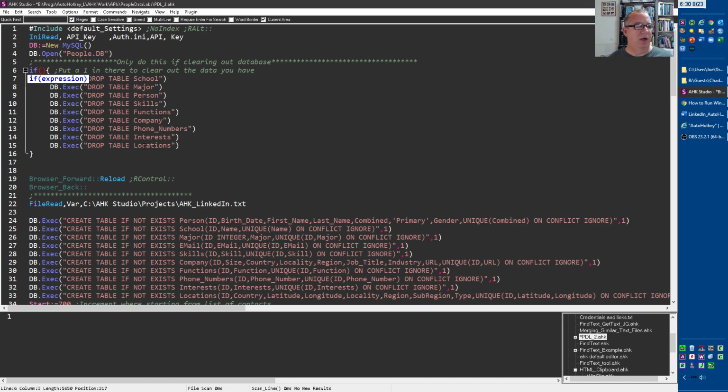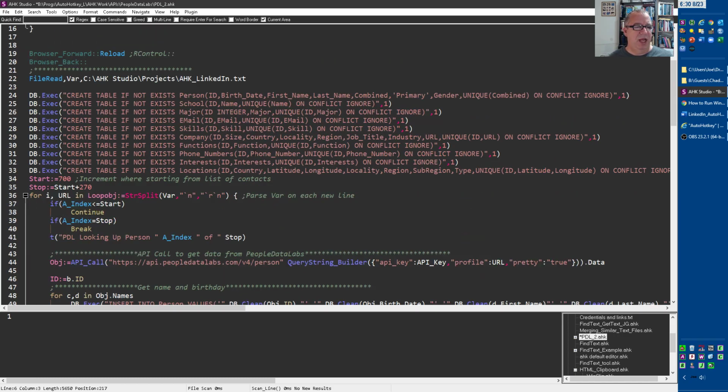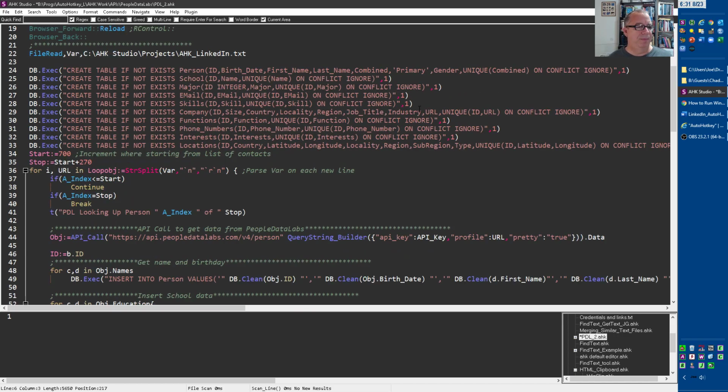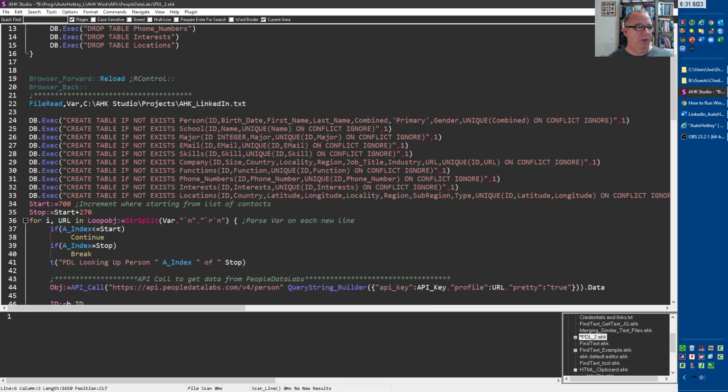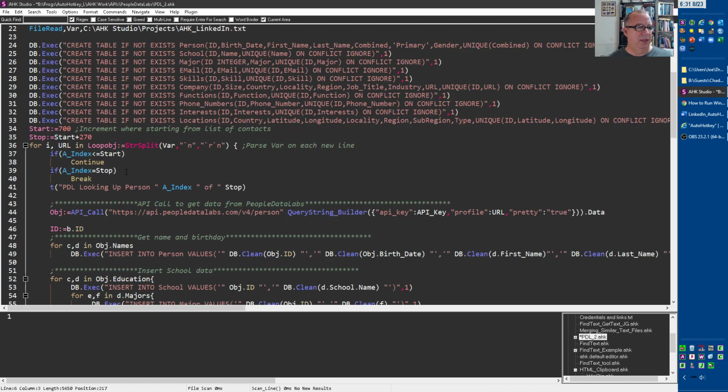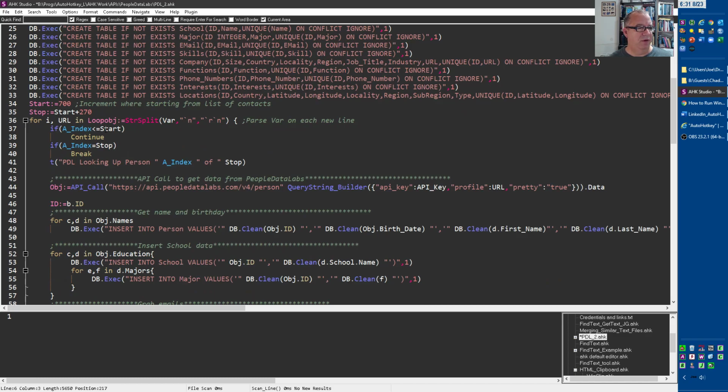So this really isn't part of it, but he creates a database. And then he creates these different tables with fields. I think you need to create the field first, and then we start looping over the people. And let's see, that's somewhere in here. So here's where we're looping over. We get all the people, and then we start looping over them.